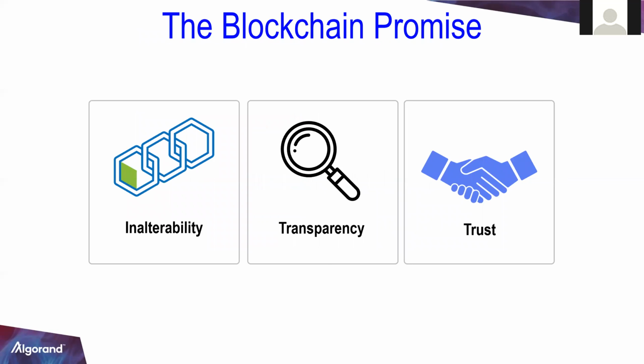Well, all those are great promises. And indeed, people expect a lot from the blockchain. We want inalterability. Every piece of data that has been written into the blockchain will stay there permanently and cannot be changed. Blockchain is basically an append-only database. You can only add things to it, but you cannot change things once it is there. And that would have more transparency because all the data can be publicly accessed from the blockchain and